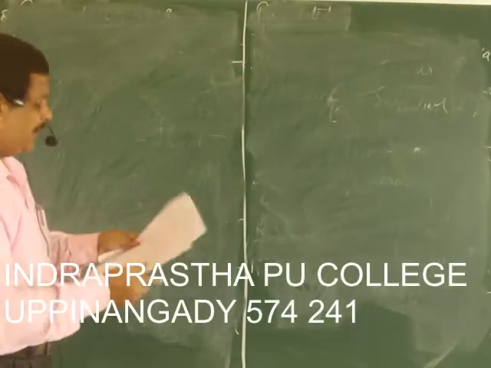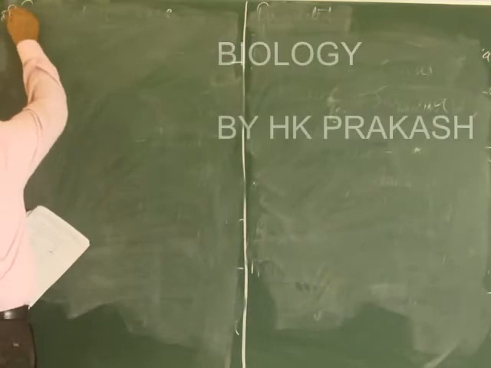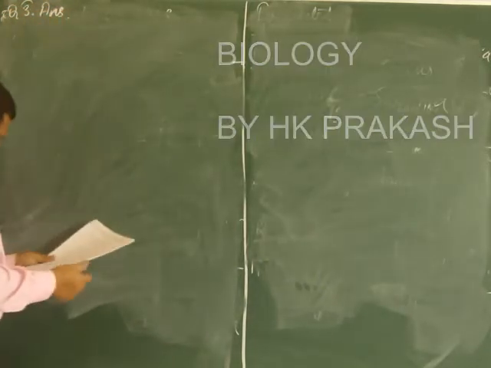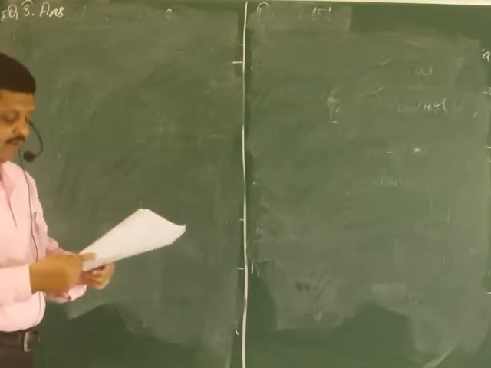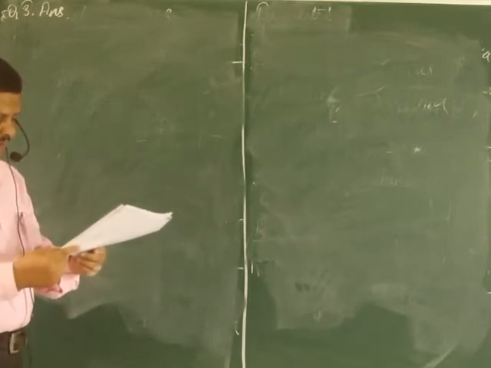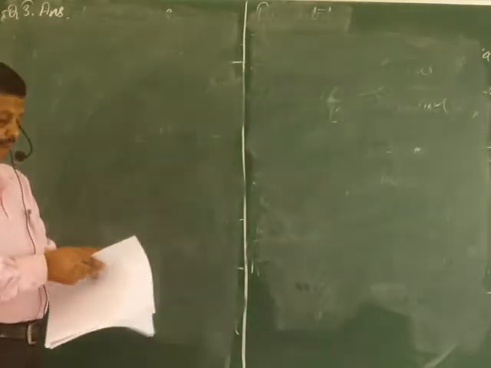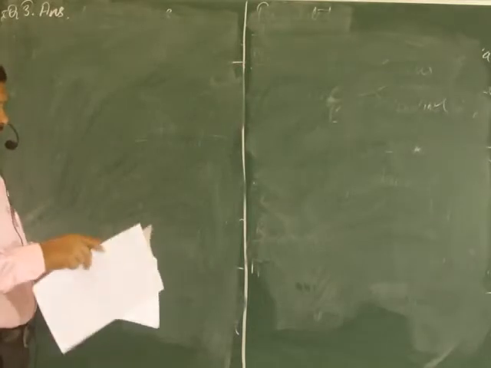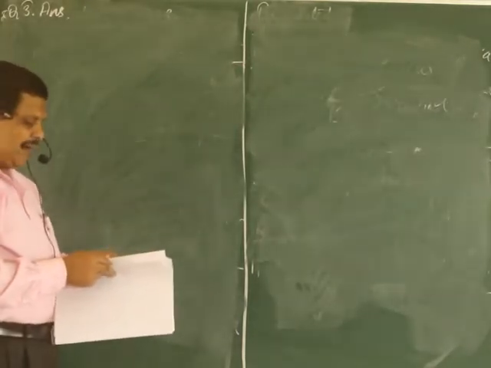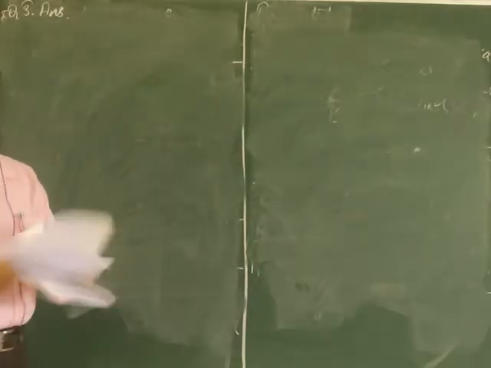Students, now let us move to question number 3. Question is, which one of the following shows correct modification into tendril with the example? Choose the correct answer. Which of the following plants is having tendril modification? That you have to tell. And the options they have given: